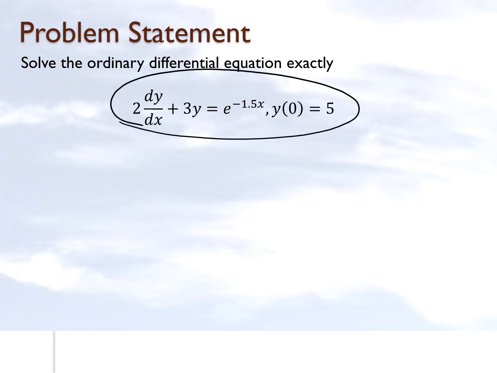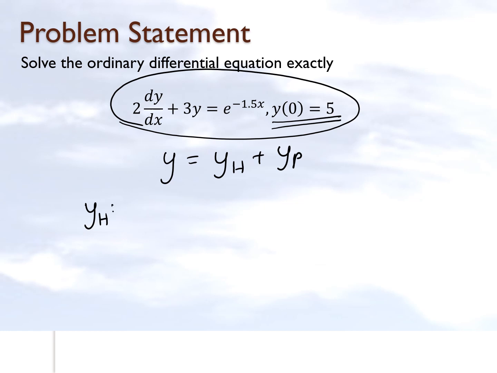So here is the example which we are going to be solving. This is the differential equation given to us with the initial condition at 0 to be 5. Let's go ahead and see how we're going to go about solving it by using the so-called classical solution techniques, where we find the homogeneous part and the particular part. So your full solution becomes the addition of the homogeneous part and the particular part. Let's go ahead and concentrate on the homogeneous part first.